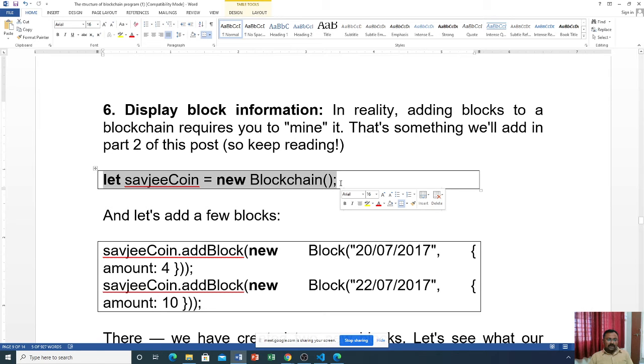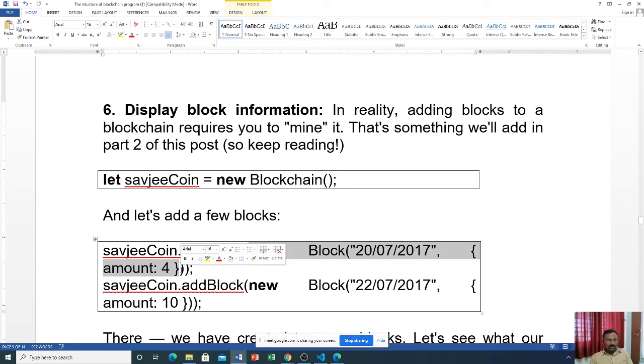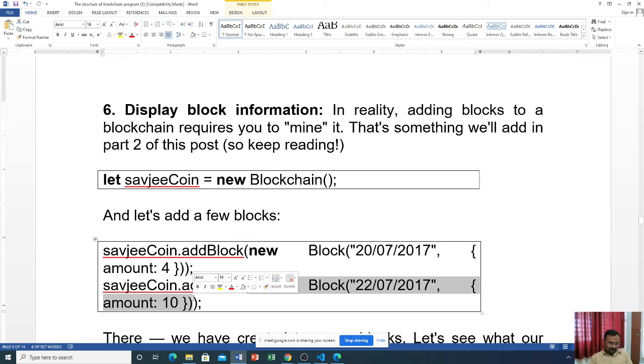Okay, and let's add new blocks. You can add new blocks using savjiCoin.addBlock, and you can write a new block that joins the previous genesis block. Once again, another block is joined to the previous block.